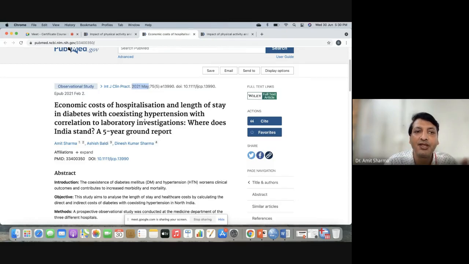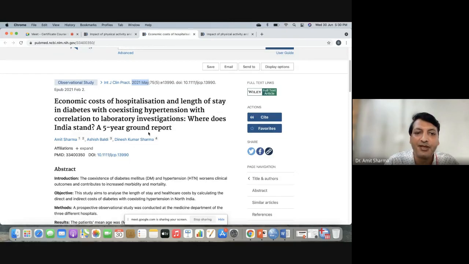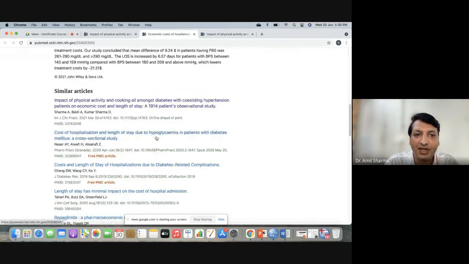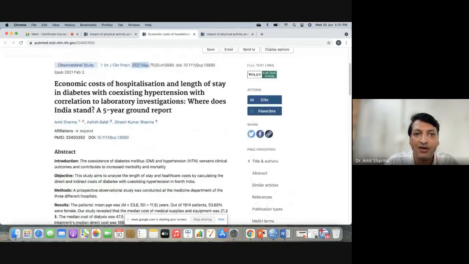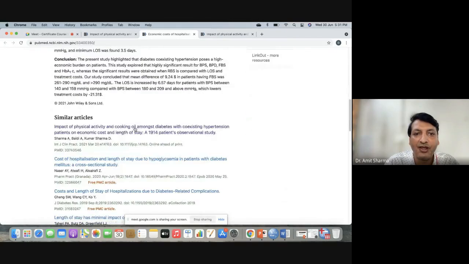Both were published in the same year, just a difference of 2 or 3 months, in the same journal. And this is the second paper which I am finding. Here you can find length of stay and cost of hospitalization with laboratory investigation. And the other paper you are going to find here is cooking oil and physical activity.